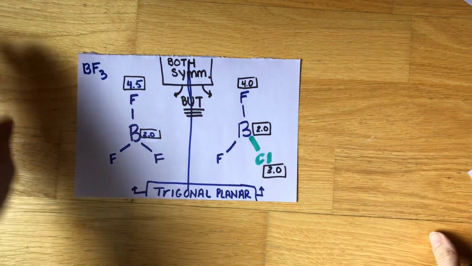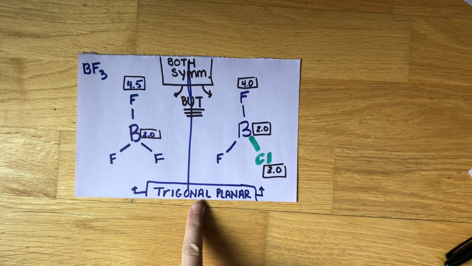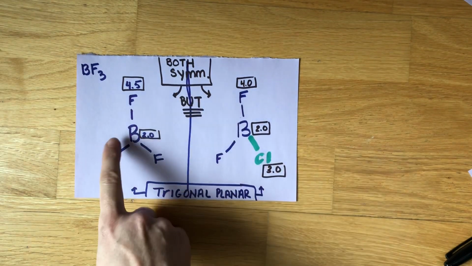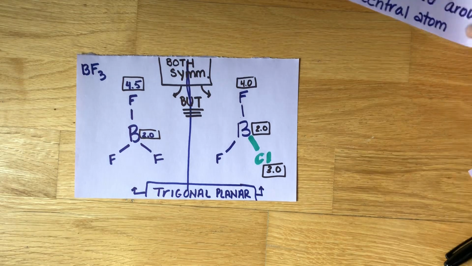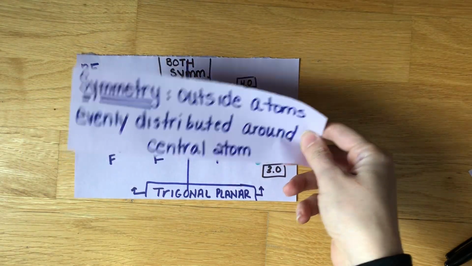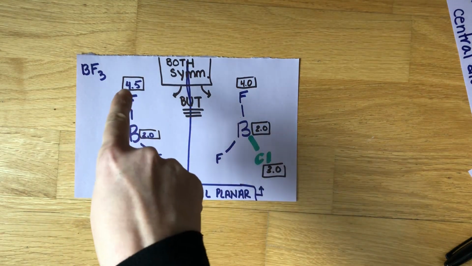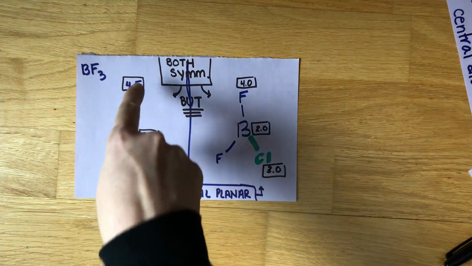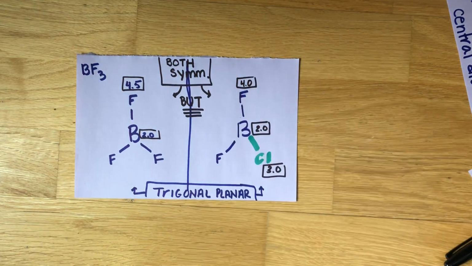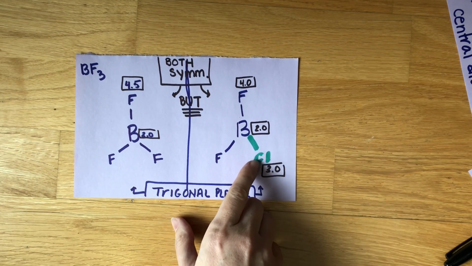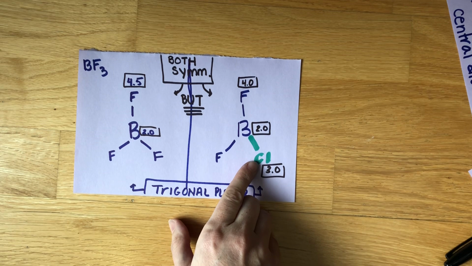Now let's take a look at another example. Let's take a look at some different shapes. In this example here, I have trigonal planar as a shape. They're both symmetrical. Remember, symmetry is that the outside atoms are evenly distributed. And so I notice that I have them all equally distanced apart. And in this example, they are the same. And this one also, they're very symmetrical, but, and that's a really big difference right here, one of the atoms is chlorine. So this symmetry is